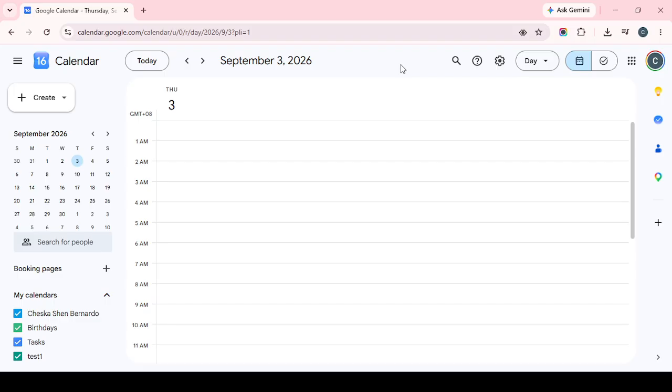Once you're in the browser, go to Google Calendar. If you already use Google services, this should feel very familiar. Wait for the calendar page to finish loading so that all of the menus and controls are visible on the